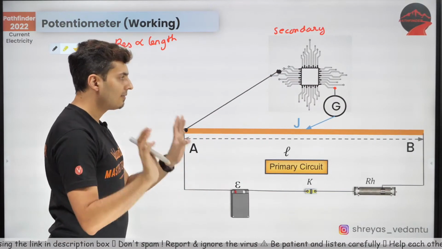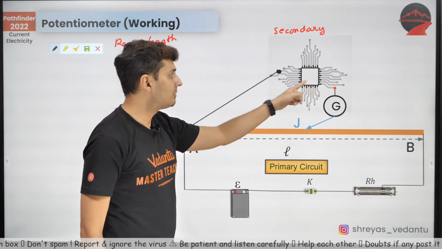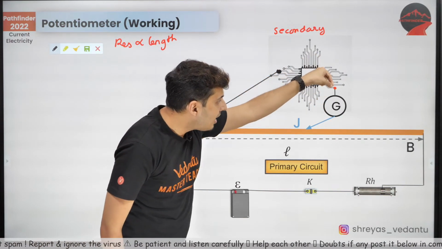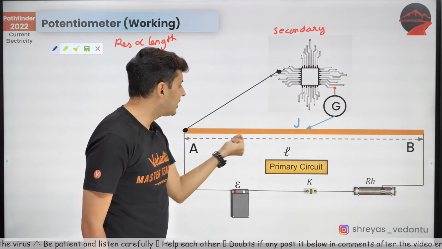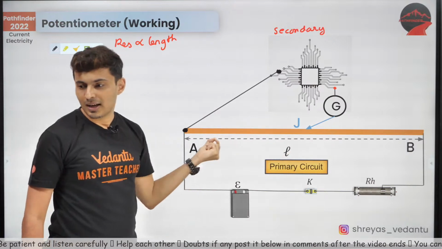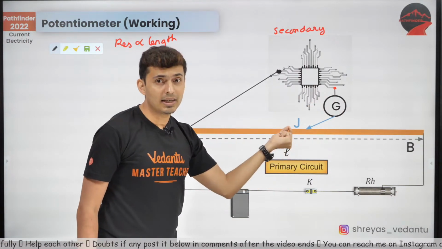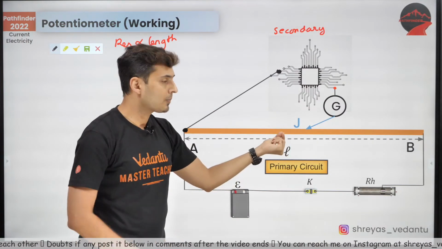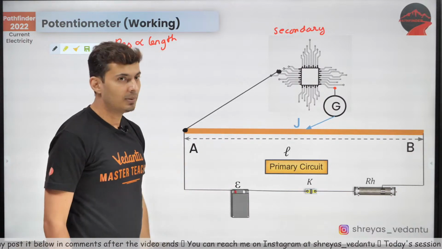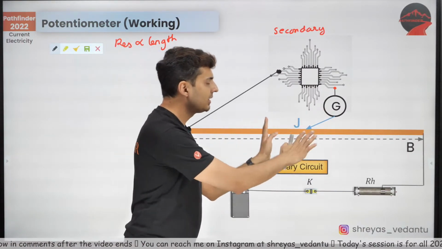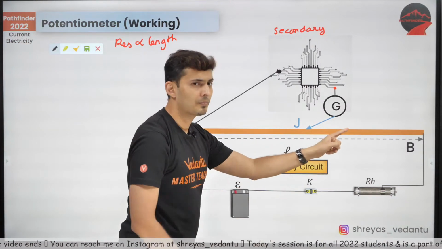Everybody agrees? Fair enough. Take another point where you want to measure the potential difference from. Via a galvanometer, connect it to a contact point on the potentiometer wire. Connect the galvanometer via a contact point, that is usually called a jockey. So that jockey is a movable sliding contact on that potentiometer wire. Now you can move it, and I'll tell you what has exactly happened on this potentiometer wire.